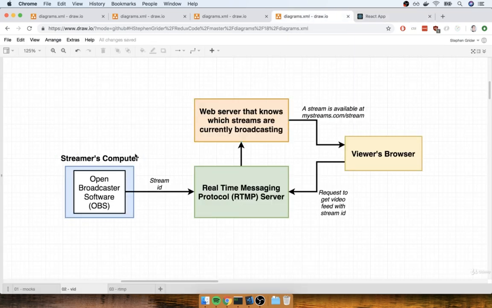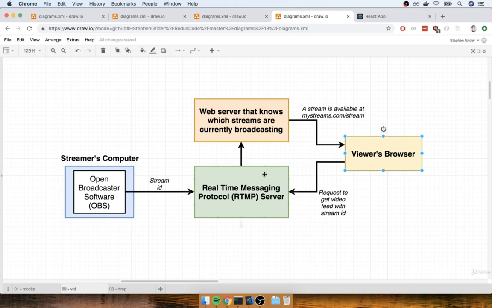Okay, so we looked at this diagram previously. Remember, we had said that we were going to develop that API that had a list of streams, and we've already gone through that process. And our web application running inside of a browser has the ability to list out those different streams, create new ones, and do all that good stuff.